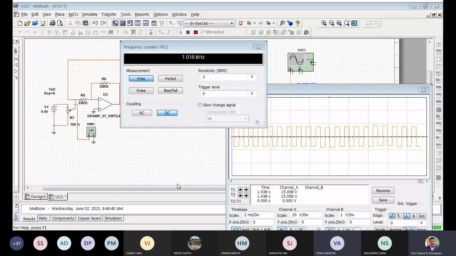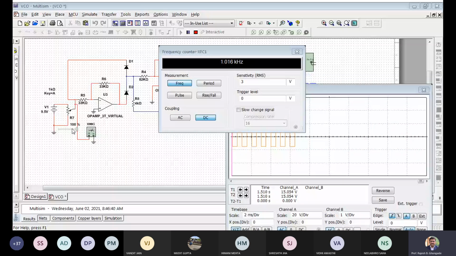So you can see that we can change the frequency. This is basically called a voltage controlled oscillator, because we are changing the output frequency with the bias voltage VB. So that is as far as the VCO is concerned. It is a very important component because we're going to use it later on in what is called a phase lock loop. That is the reason why you should understand what exactly a VCO is. Without that, we cannot really understand what a PLL is.